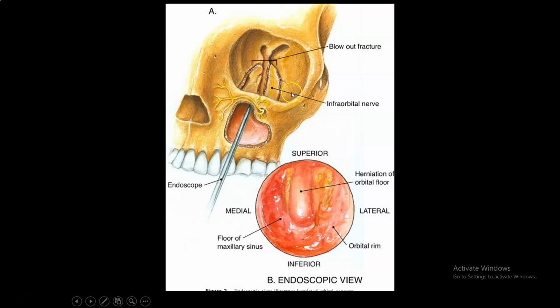Sometimes when you have a blowout fracture of the floor of the orbit, and you get some herniation of orbital fat in the maxillary sinus, you put it back and you put a repair here, not to see double vision. So you can approach endoscopically the orbit from below through the maxillary sinus,